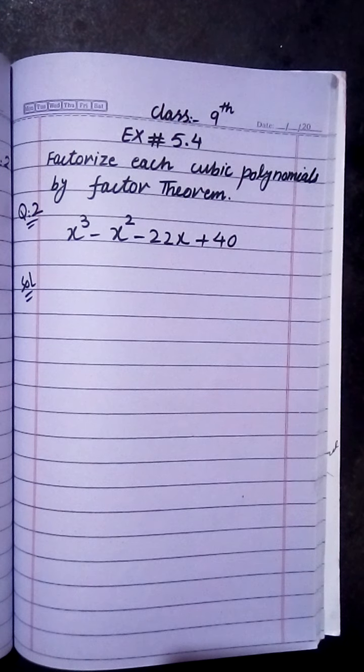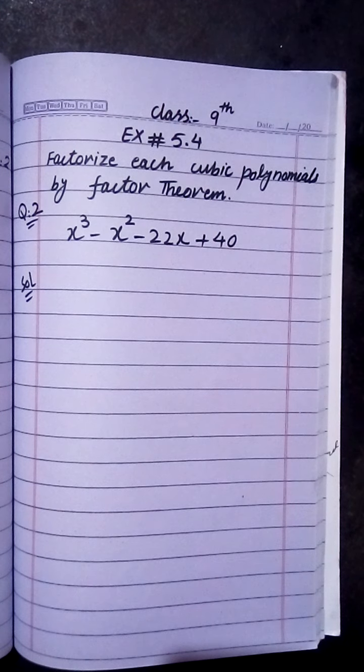Now you have to identify. In this cubic polynomial, 40 is the constant term. It is known as p. Now q is the coefficient of x cube. So first of all you have to write its formula. I will take another paper and we have to solve on this page. So p equals 40. p will be the constant term and q is the coefficient of the highest power term. So 1 is the q.